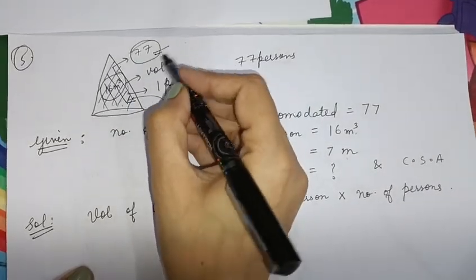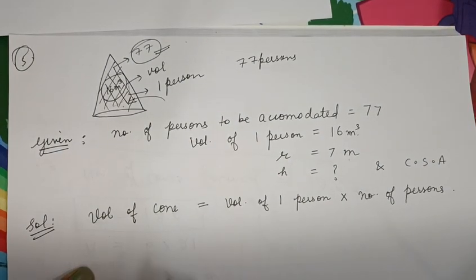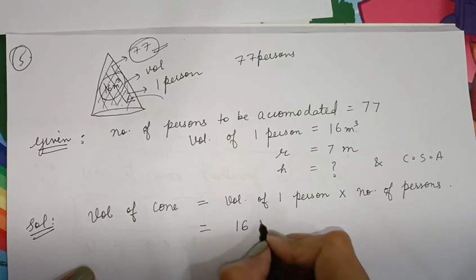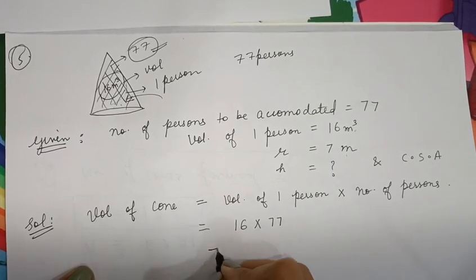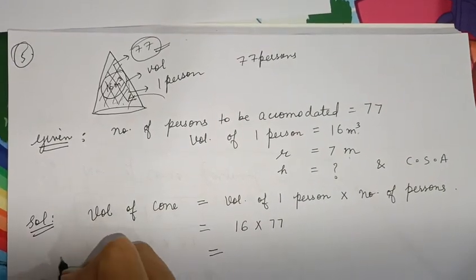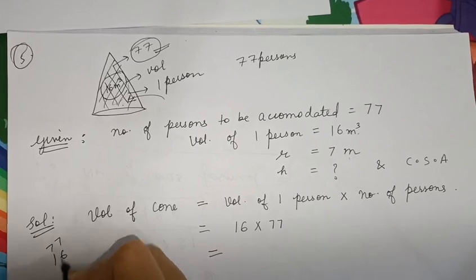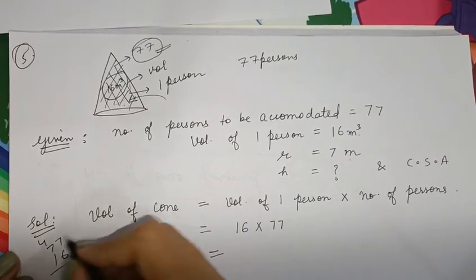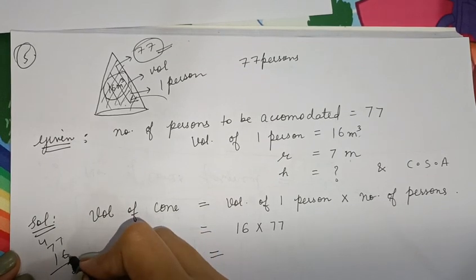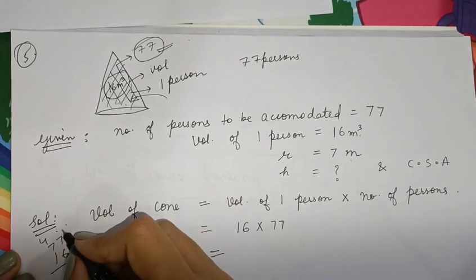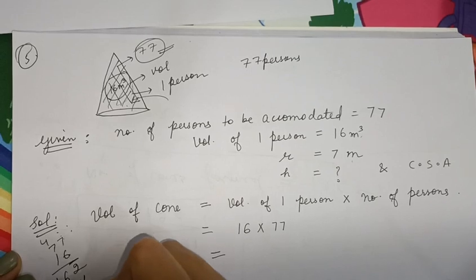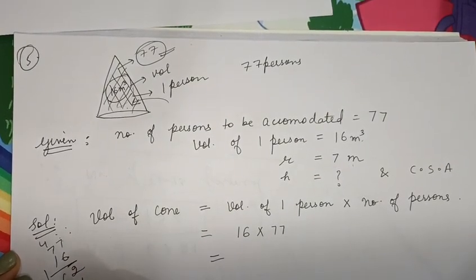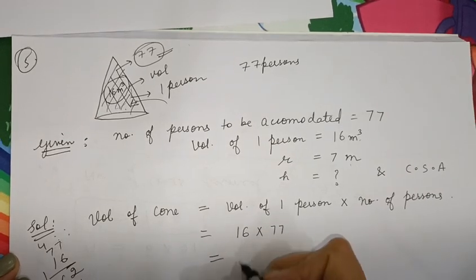Then only 77 persons can be accommodated inside. That means volume of cone, it is equals to 16 into 77. So we'll multiply. 7 into 6, 42, 7 into 6, 42, 43, 44, 45, 46. So 1232